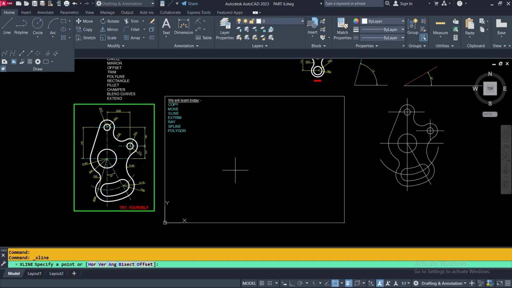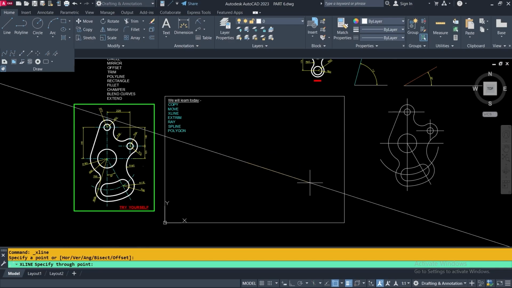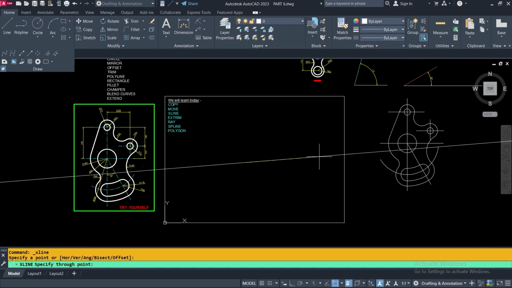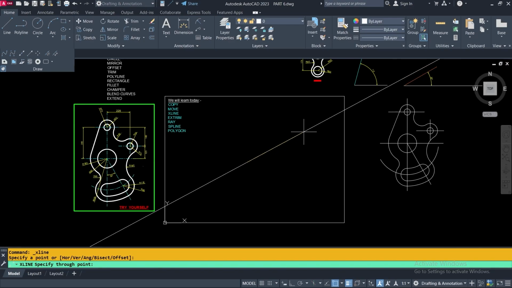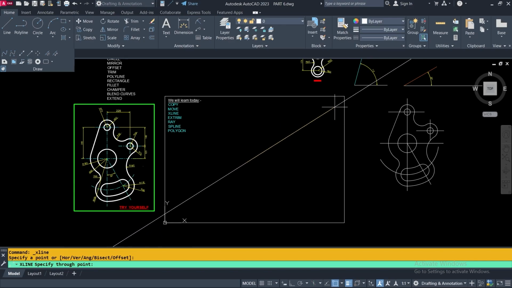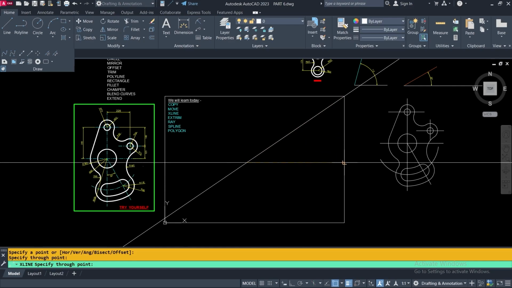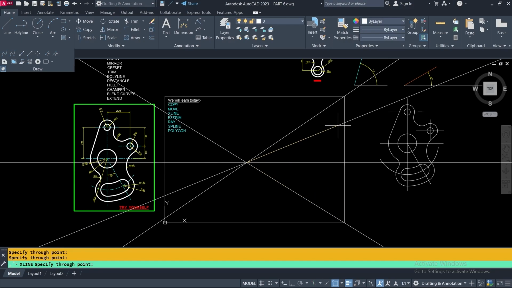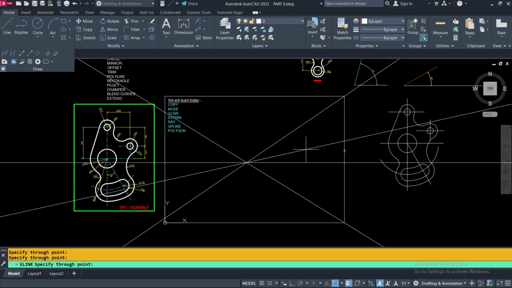Now I need to specify a point. Later on I will take the options in the bracket. I am going to take a point here, click. So I have fixed a point through which this line is passing. It is infinite on both sides, and another point I have to specify. Suppose I specify this corner point, click. Another line, click, to this corner point. In this way, this type of lines we can get, pressing enter,